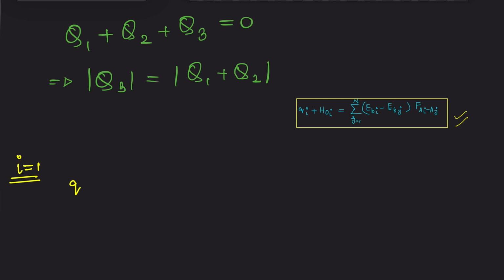What will be Q1, and what is HO1? We will see that. Now you see, the expression on the right hand side is varying over j, but the I will be fixed. So if I write this, EB1, because I equal to 1, minus EB1 again, then F, I am not writing A1, I am writing just 1 1 for the sake of